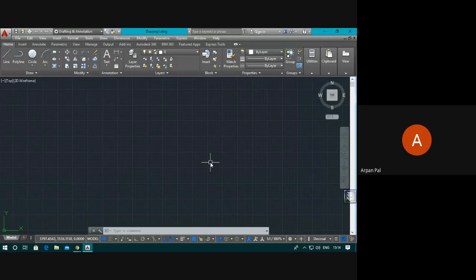So it may happen that these toolbars look a little new to you, because computer to computer, if different versions of AutoCAD are installed, then these views are also different. But the basic system of operations of all these tools is the same. Everything you will find here.